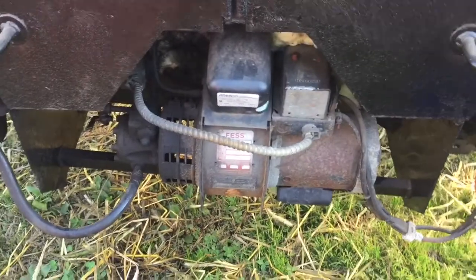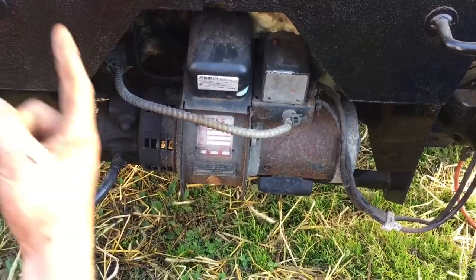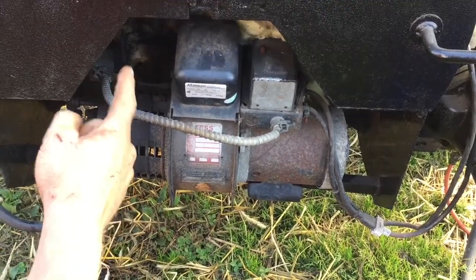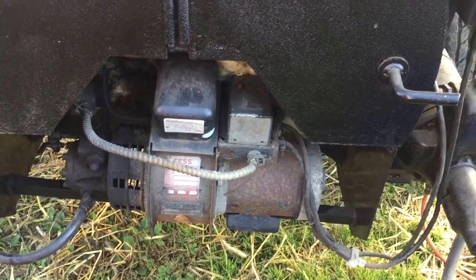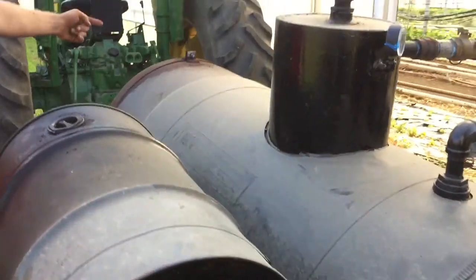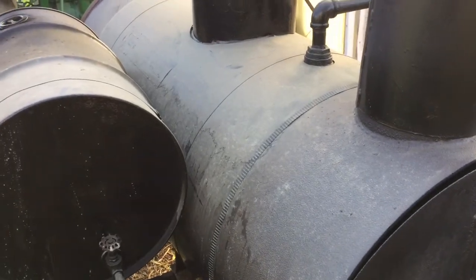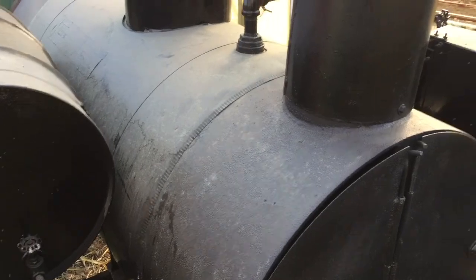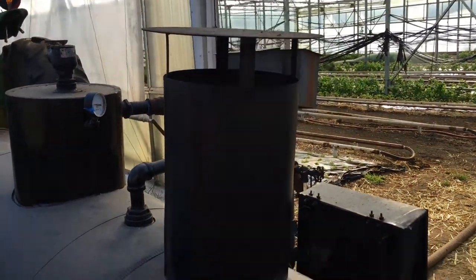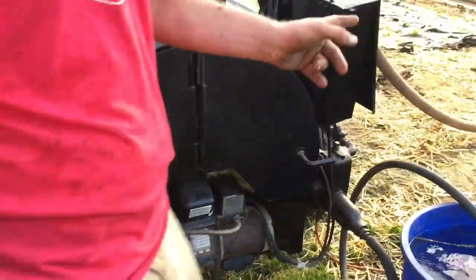This furnace is basically shooting a big flame underneath a tank of water. That flame comes through the furnace, up this side, and then through all of these open tubes that are surrounded by water, and then the exhaust comes out here. Now your water is in this tank, and if we come over to this side,